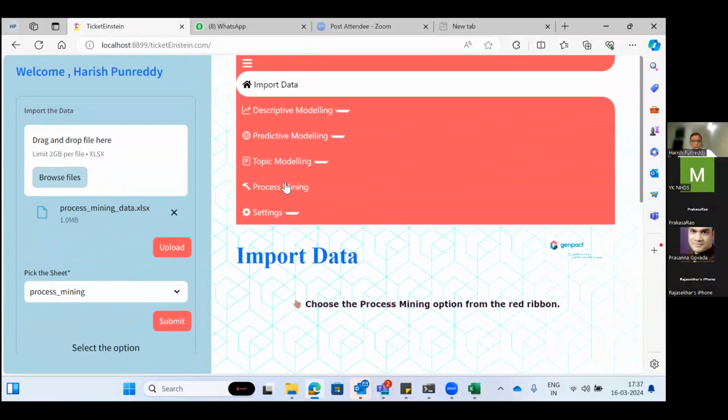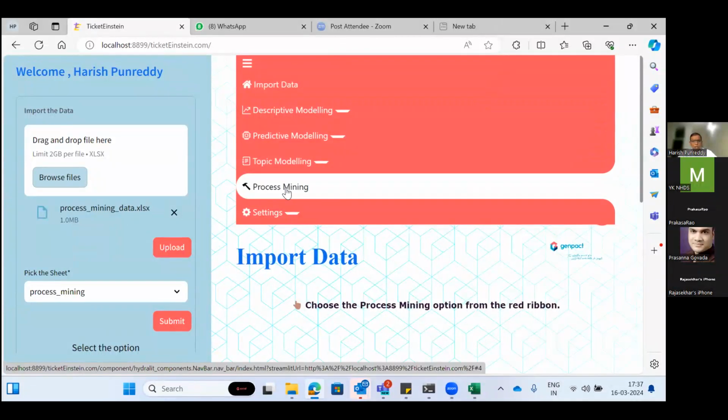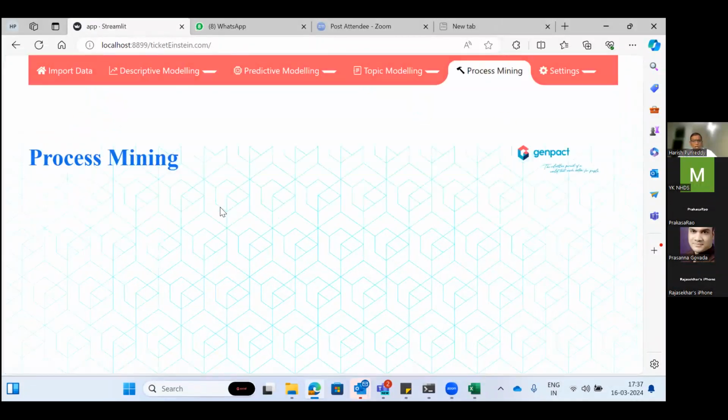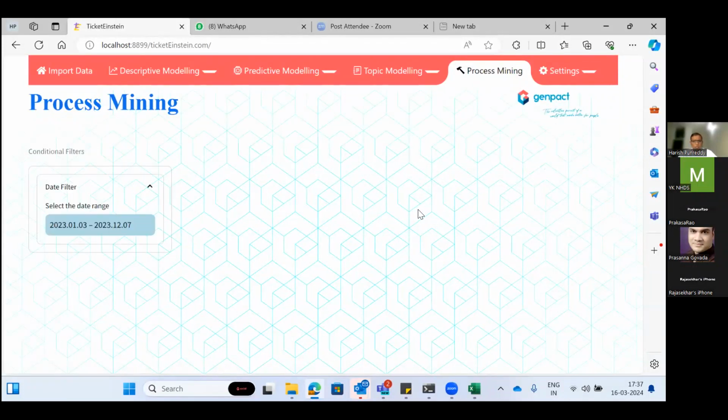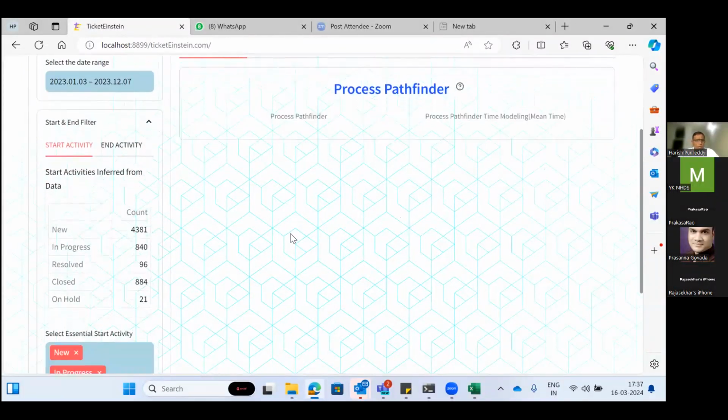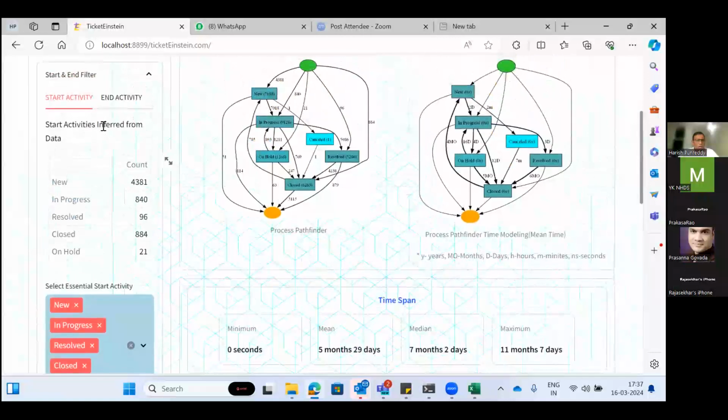Once we have that, we go to process mining. It throws up a lot of different maps to interpret and infer a lot of information. Here we have to mention the start activity and the end activity.